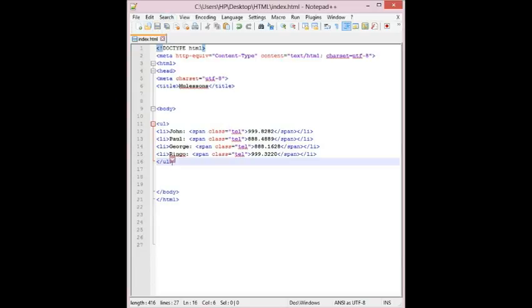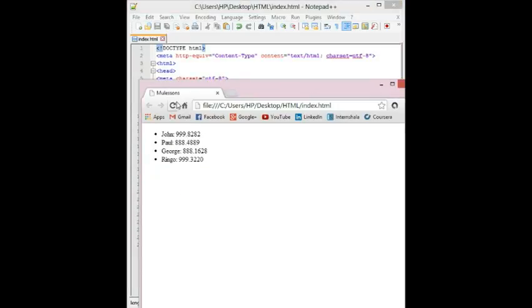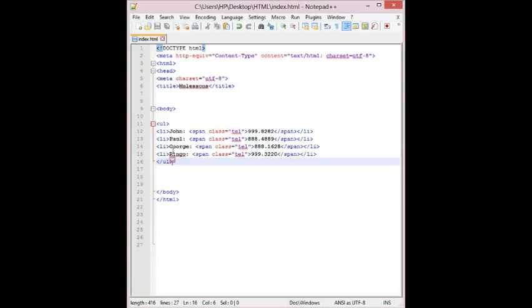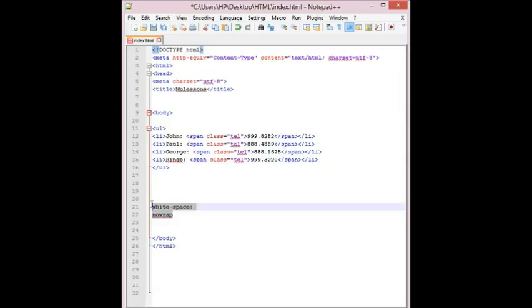So if I go ahead and save it and run it in the browser, you can see it like this. As a bonus, the span elements enable us to apply the same style to phone numbers throughout the website. For example, ensuring line breaks never happen within them, using a CSS white-space: nowrap declaration. I'm talking about this declaration in the style sheet.